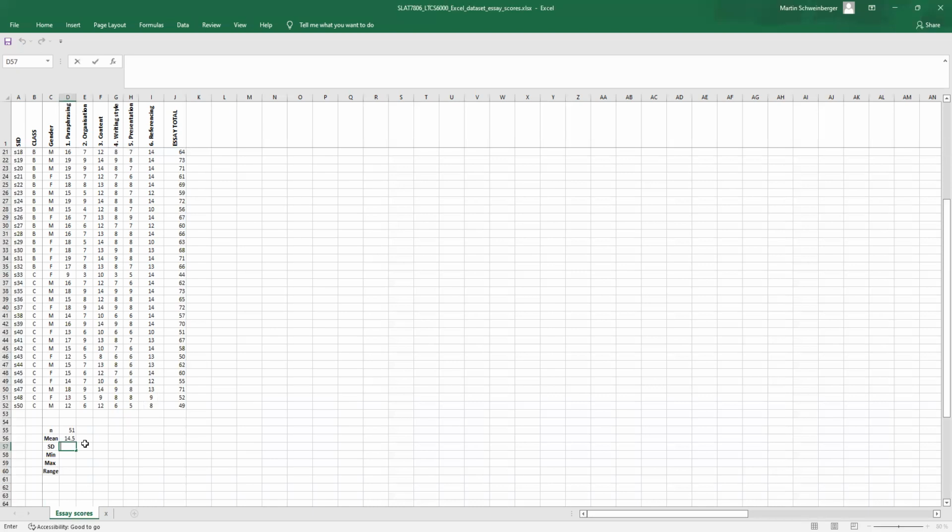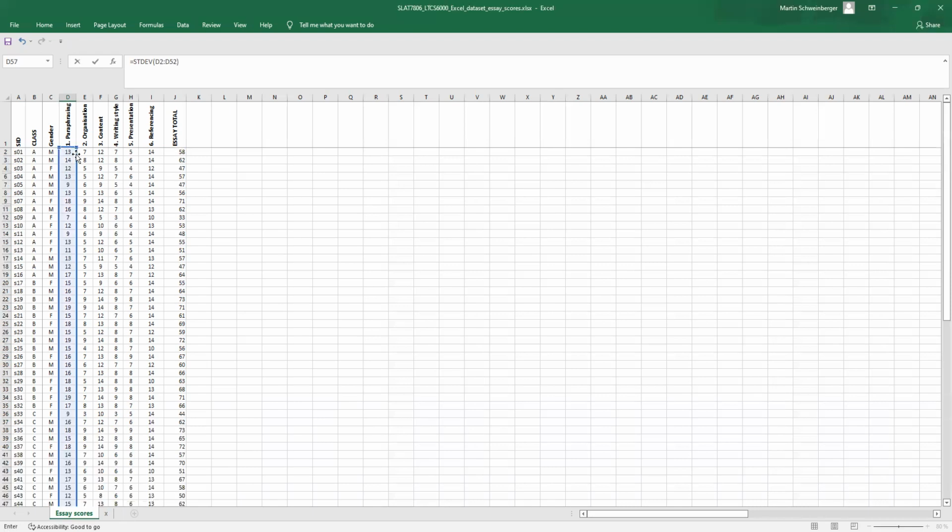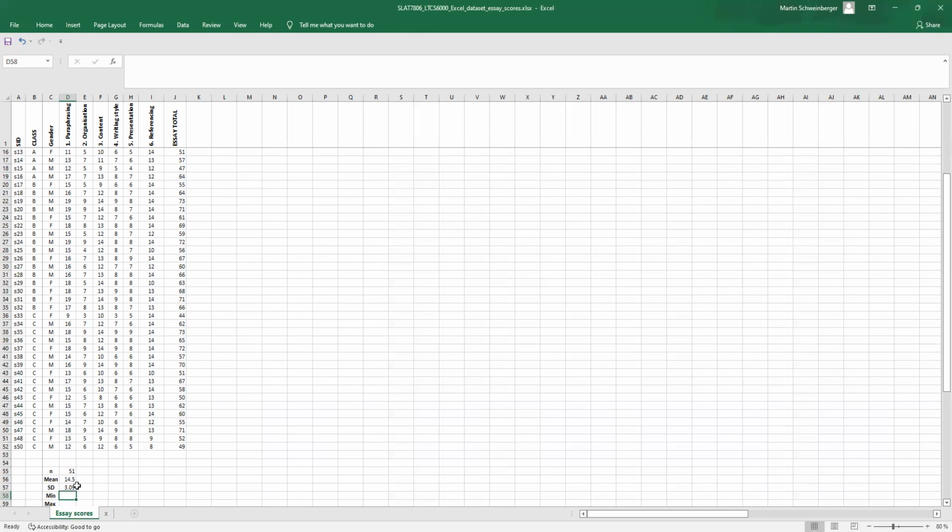Well, the standard deviation is the same way. We press equal, and then we want the standard deviation. So here's STDEV. That's the command for standard deviation. And again, we give the range of values into that function. Press enter, and then we have the standard deviation. Same thing here